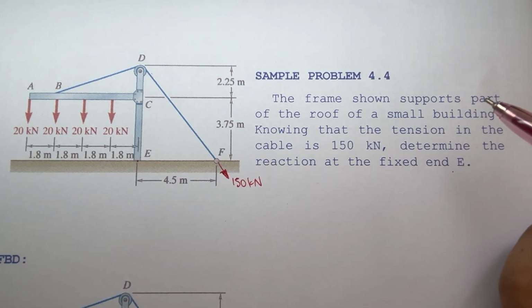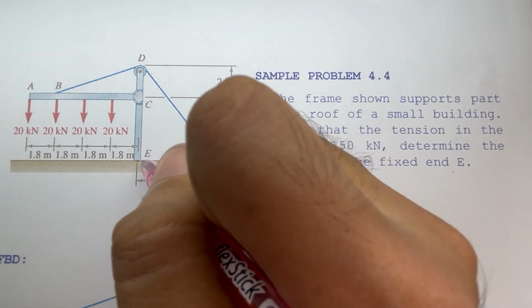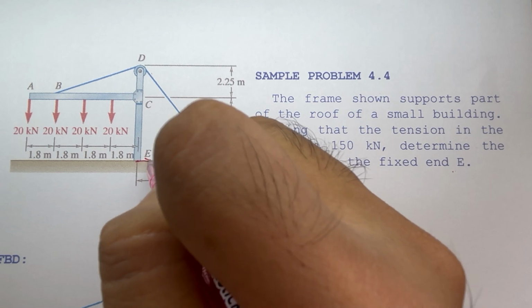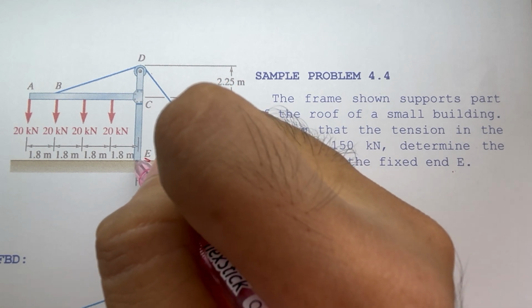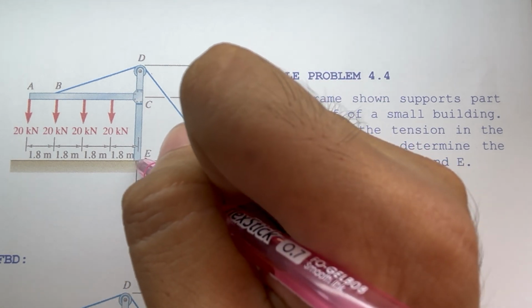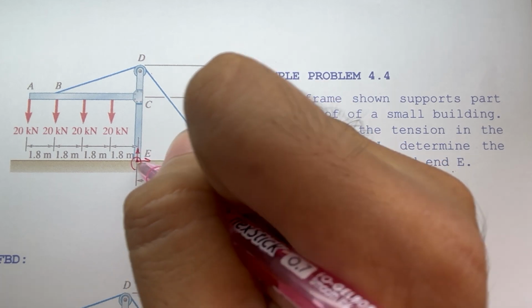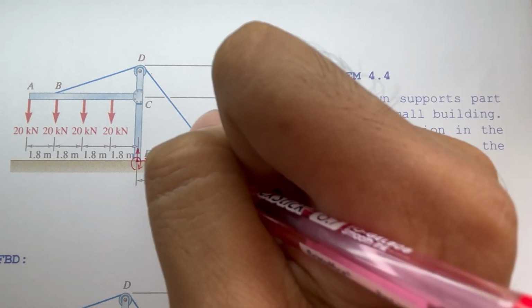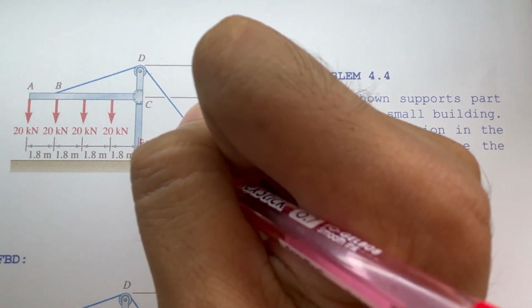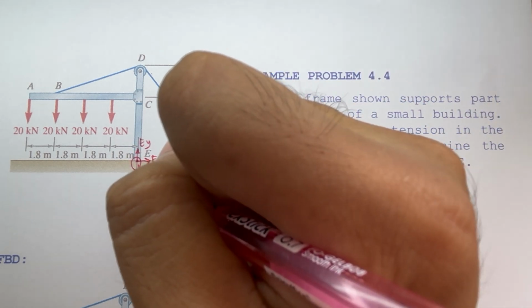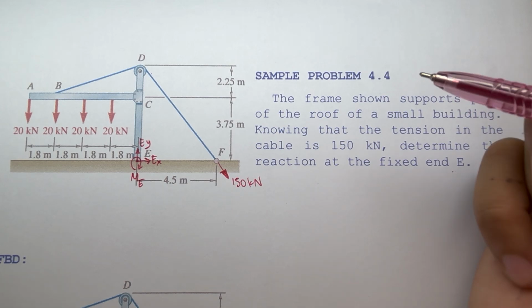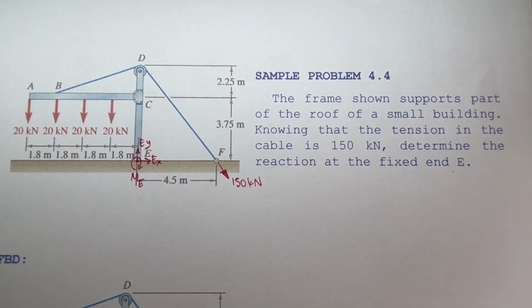we have a fixed end. So if we have a fixed end here in two dimensions, we have three reactions. The reactions are along the horizontal, we also have the vertical, and also the moment. So we have EX, EY, and our ME here. So looking also at the figure,